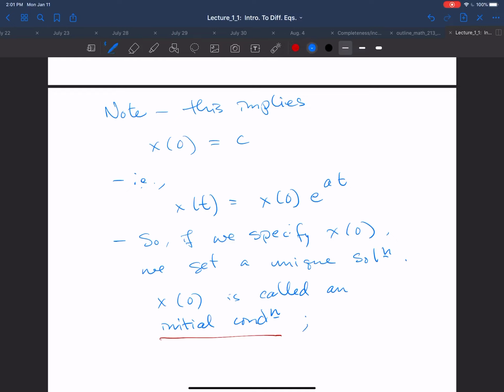And the differential equation, together with a specified value for this initial condition, is called an initial value problem. So the differential equation